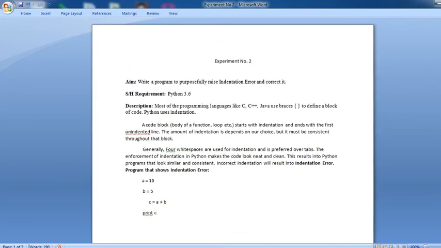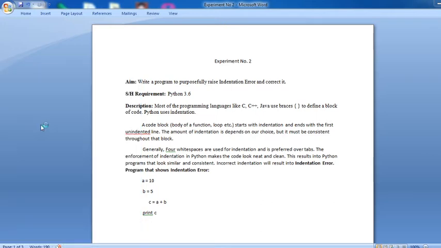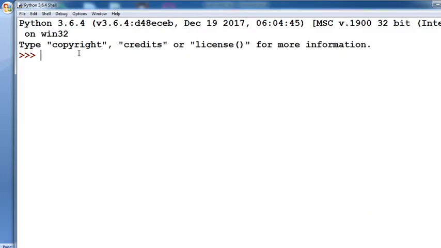Okay, in the practical we first want to start Python. Here the available Python version is IDLE Python 3.6.3. Click on this particular Python version. The window is open, just like you have already seen in experiment number 1. Python 3.6.4 opens, and when you launch that version, the date displayed here is December 19, 2017. After that you go to File and open a new file.